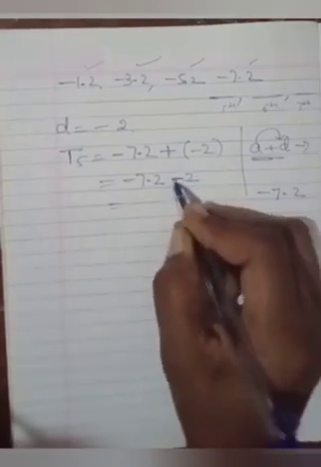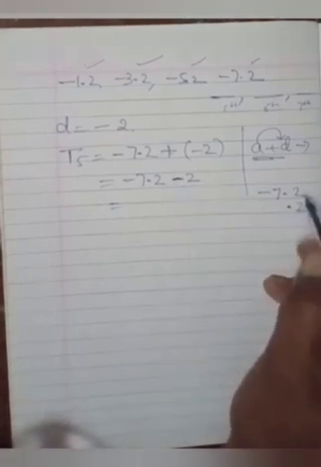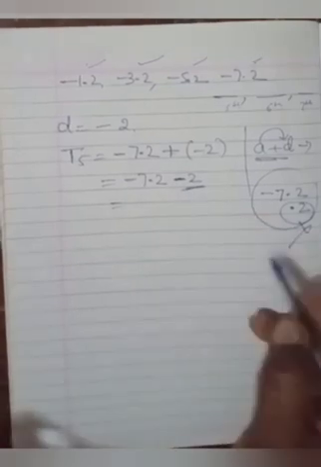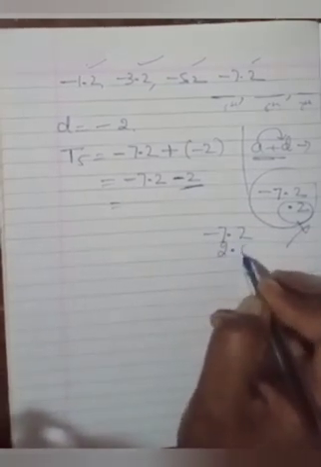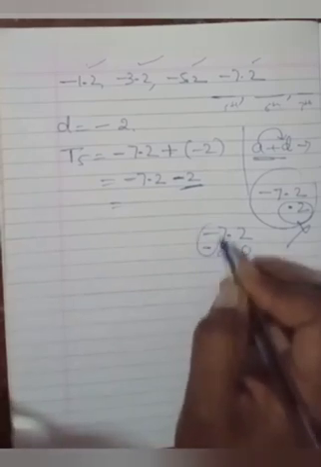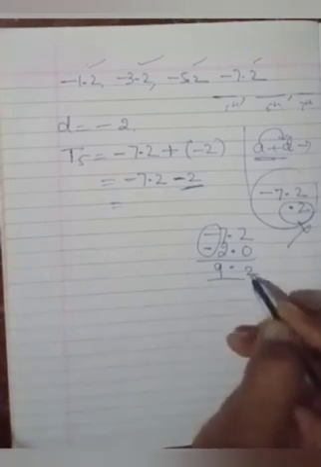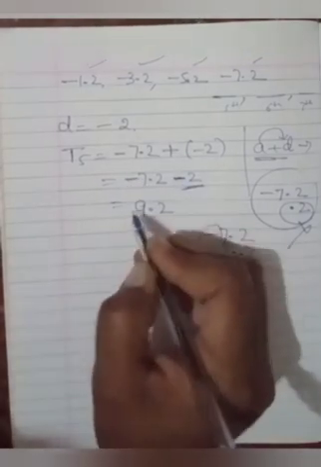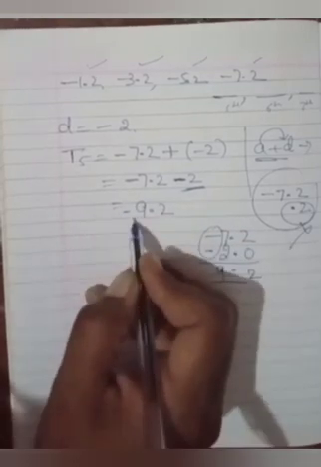See here, children, what I have seen most of the students doing: minus 2 is there, and they are writing here this 2, which is wrong. It is not 0.2, it is the whole 2. So how to do this one here: minus 7.2 and you are writing 2.0, both are negative, you are adding here. 2 and 7 plus 2 is 9. So you have got 9.2. Both are negative, so we are going to keep the sign minus. Next, this is your T5.